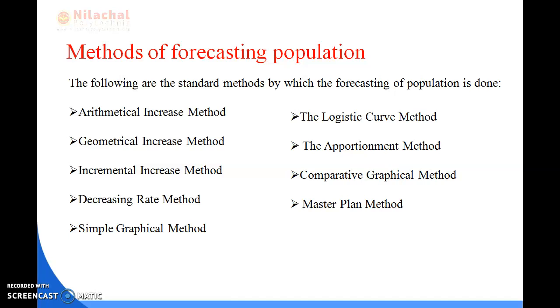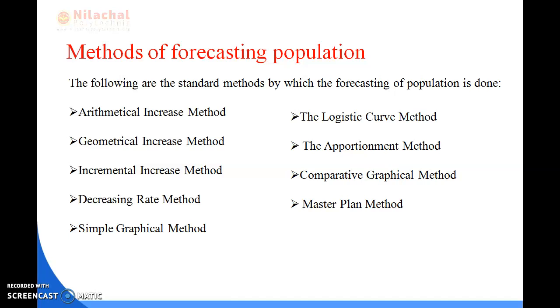So all of you know what we mean by forecasting populations. While calculating our future population, we study or analyze the previous data or records. So we can say that the calculation or prediction of some future worth as a result of study and analysis of previous data or records is known as population forecasting.